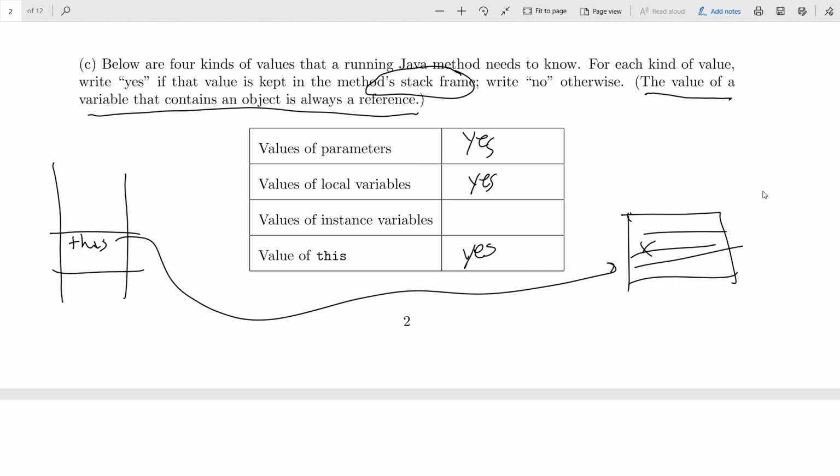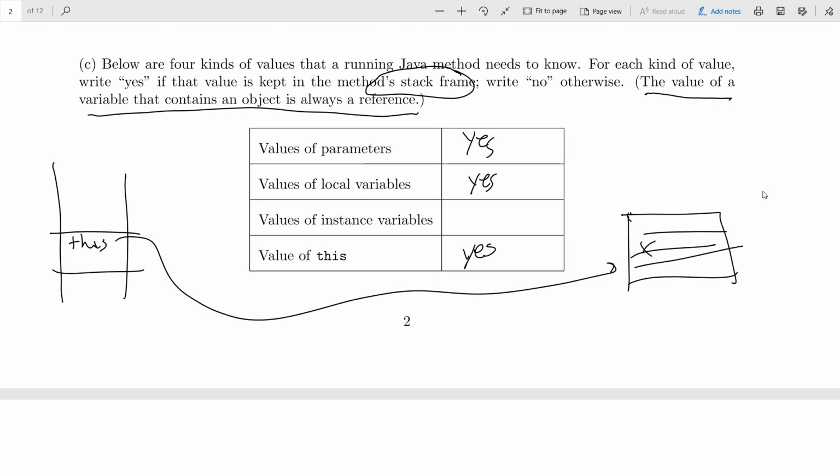Okay. Well, let me see if someone else can answer that. What's the difference between a stack and a stack frame? Yeah? Is a stack like the whole thing and the frame is just like that one object? Okay, so the stack is the whole thing, so the data structure, and it contains stack frames. So a stack is made up of stack frames. And when a method is called, a stack frame for it is pushed on the top of the stack. And when it returns, that stack frame is popped. So at any given time, if you have 10 stack frames, that means you're 10 levels deep in the chain of method calls.